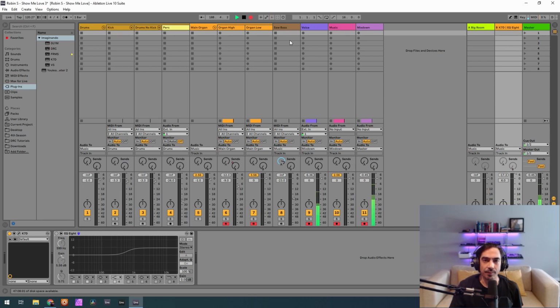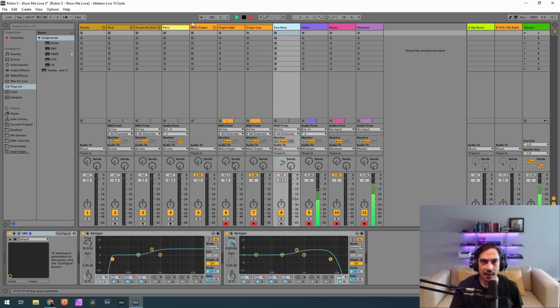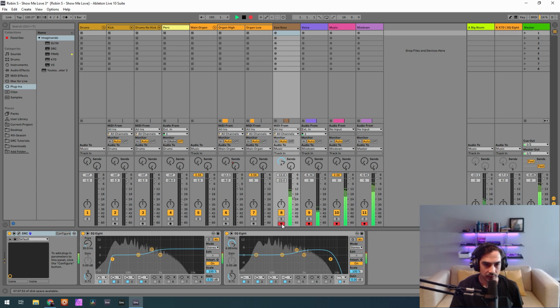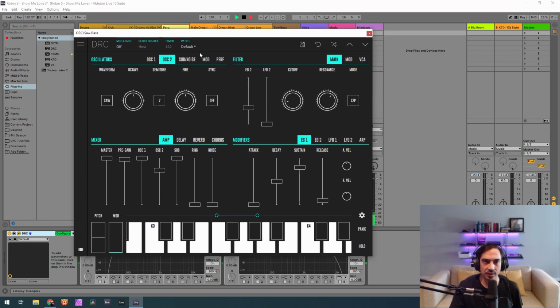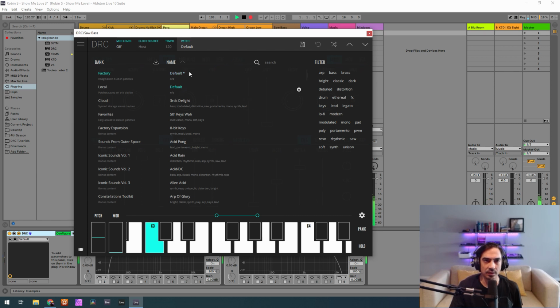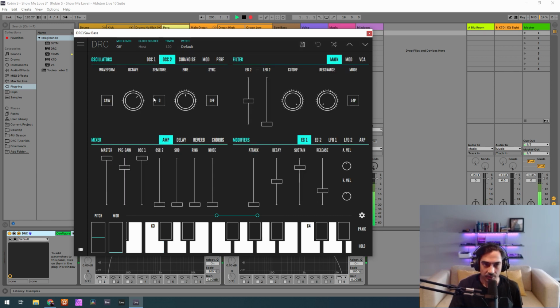So I'm going to go to the next and last sound, which is this saw bass. Gonna turn off these equalizers for now and bring back the default patch. First thing I'm going to do is drop 1 octave on the first oscillator. On the second one, we have to raise 1 octave. Second oscillator we should drop to the middle here, 0. And on the sub oscillator drop 1 octave. So +1, 0, -1.